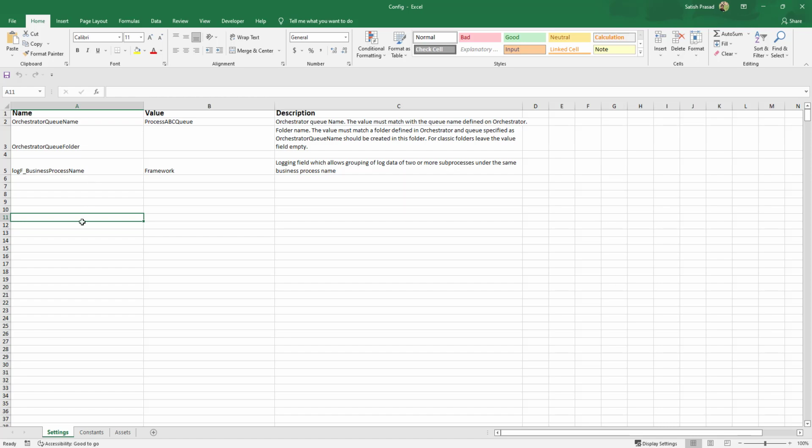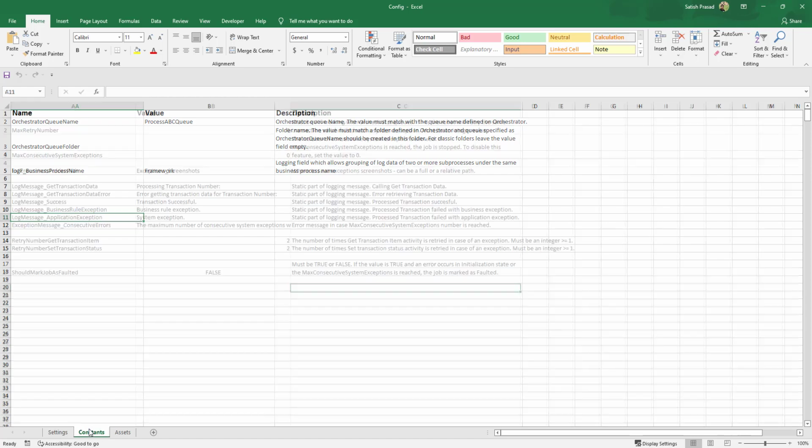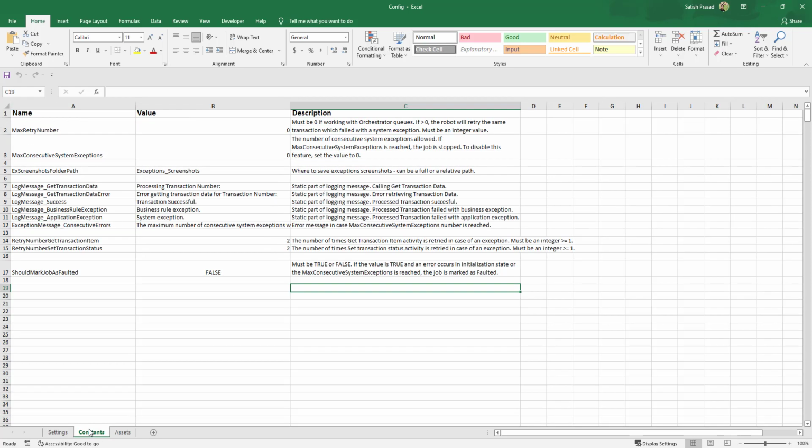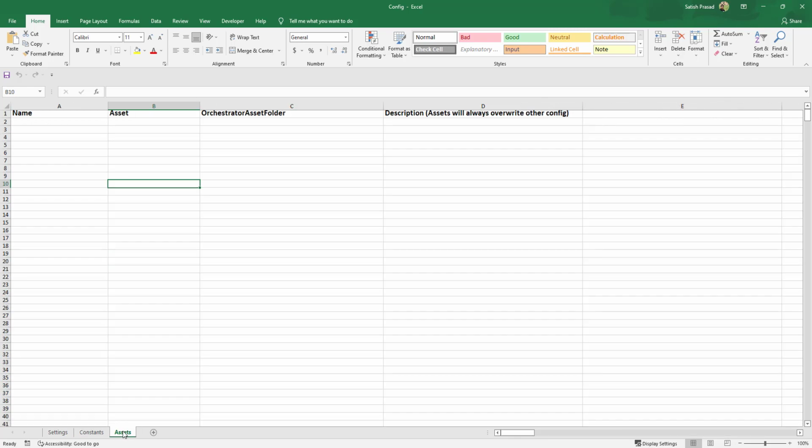All the settings will come here. All the constants that you do not want to change again and again will go here. And whatever assets you are using in the UiPath Orchestrator, you should be able to use here. This is really useful because you need to change the config value multiple times.